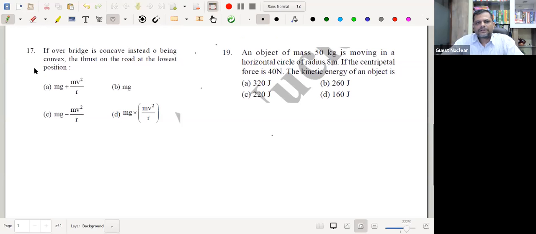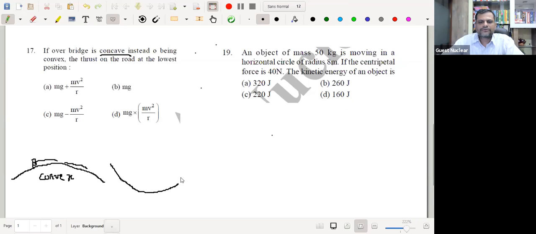Yes, see this question. If a flyover bridge is concave instead of being convex. Look, do you know how a flyover bridge looks? A flyover bridge is always like this, and vehicles run over the top in this way. But they are saying that the flyover bridge is concave instead of being convex. Yes, Prashant. A convex flyover bridge is like this, this is called convex. Okay, if it is concave,